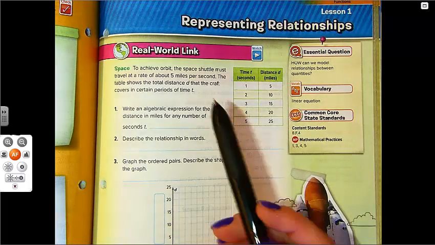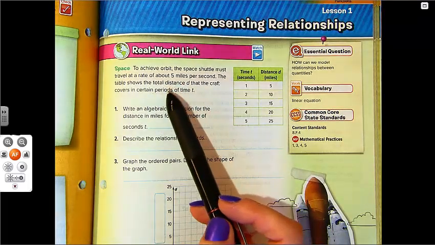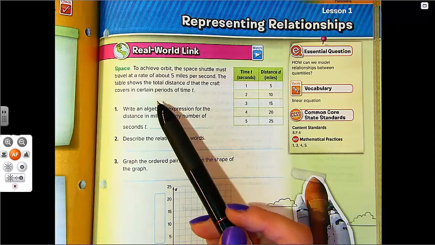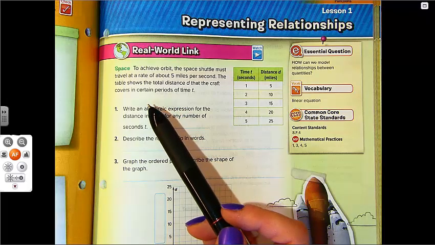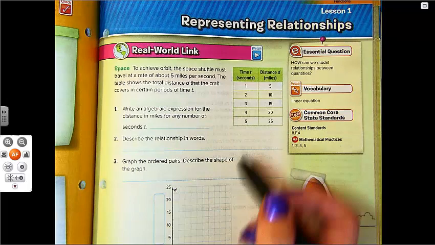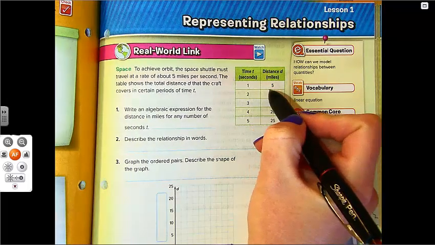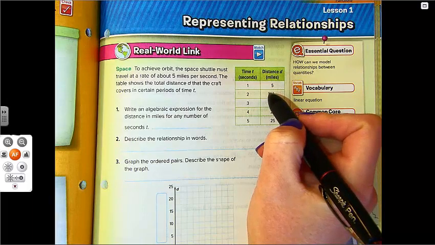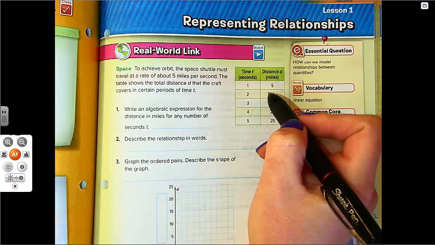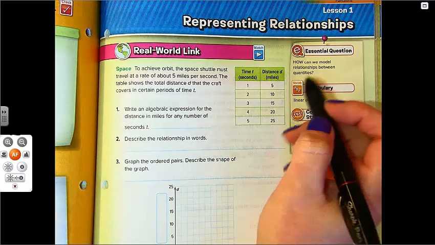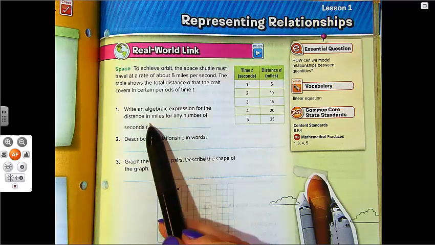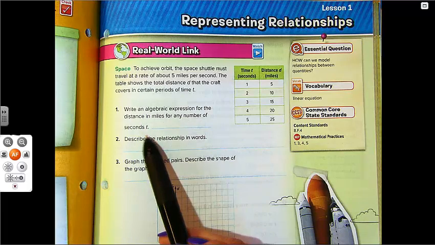This is a little blurb about how fast the space shuttle has to travel in order to thrust into space. And the answer, or how fast it has to go, is 5 miles per second. So for every 1 second, it has to go 5 miles, which if you think about that, that's pretty quick because a second's not much time at all, and it's going 5 miles in that 1 second. So if I wanted to write an algebraic expression for the distance in miles for any number of seconds, well,